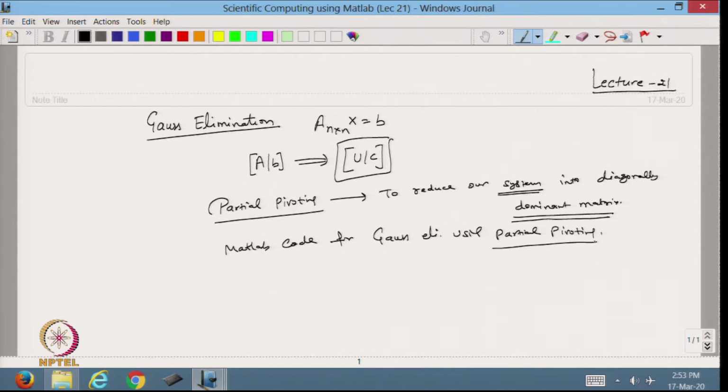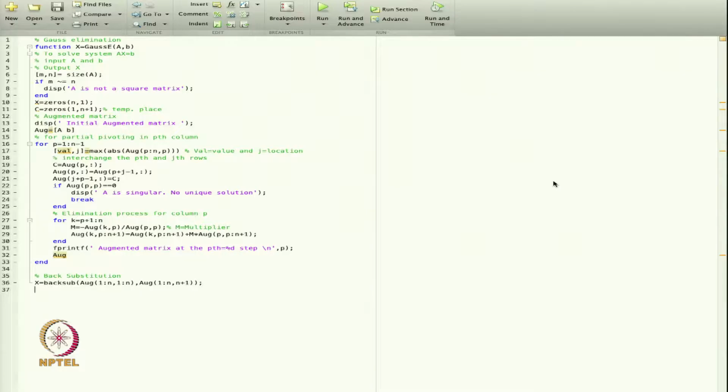So, let us go to the MATLAB code. This is the program I have made for the Gauss elimination method. We already know how to make functions, so let us start with this function that is called Gauss elimination.